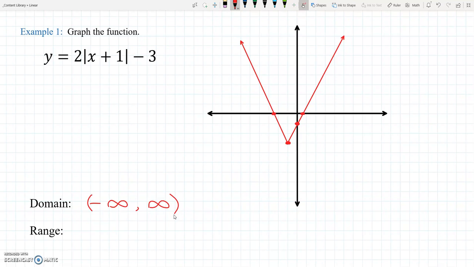All right, let's do range. Range is a little bit more interesting. For range, there's infinity points, so I just want to say from my smallest y